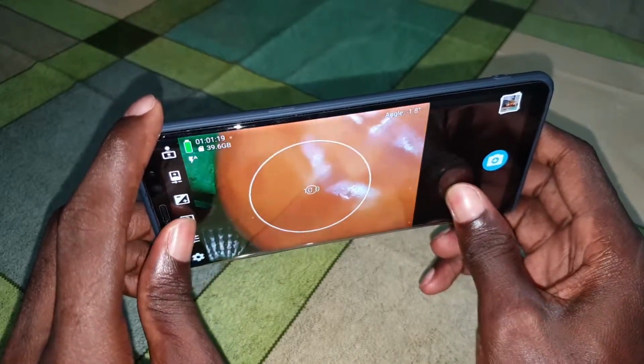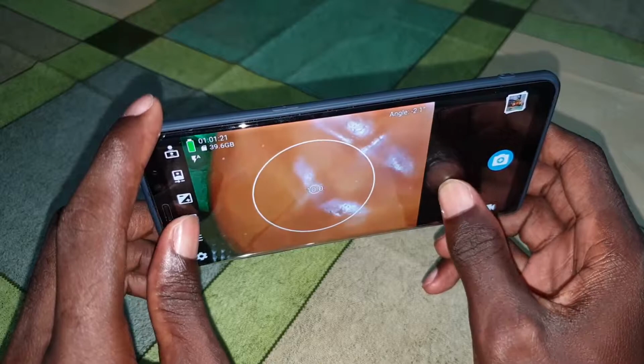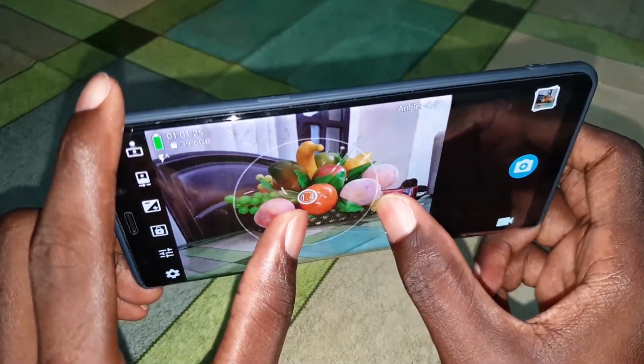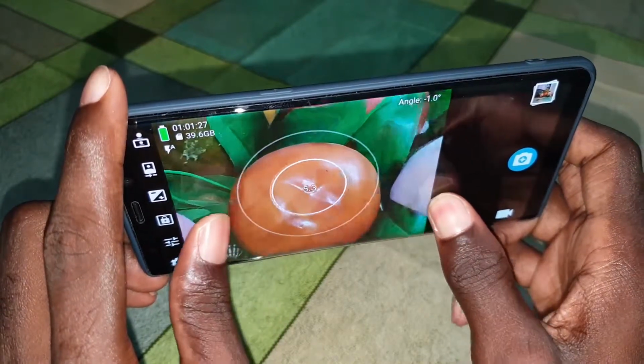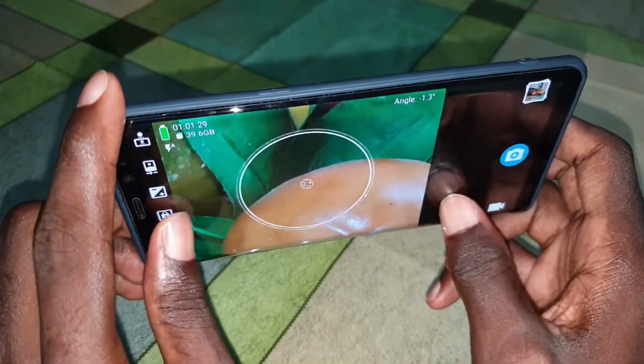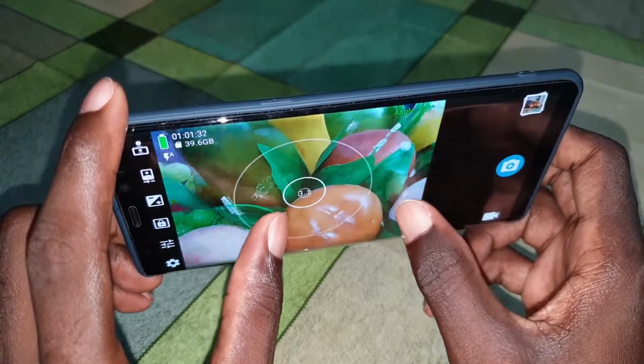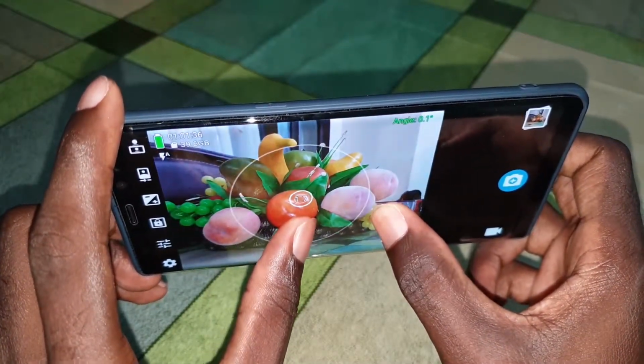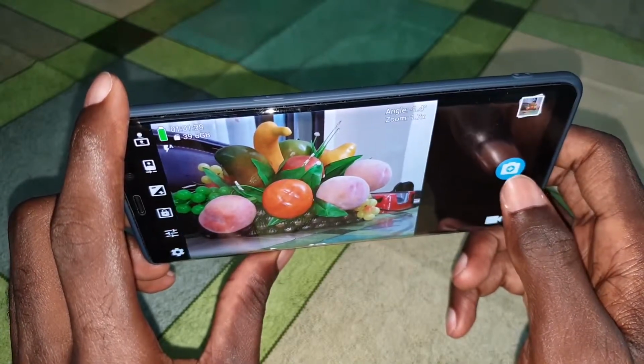Ooh, look at that. Ooh, this is so nice. This is so great. Oh, I like it. Look at it again. Wow, wonderful, beautiful. I like it. And you can take a photo.